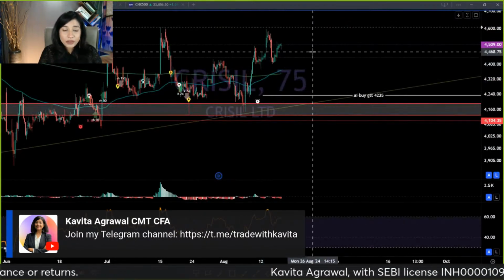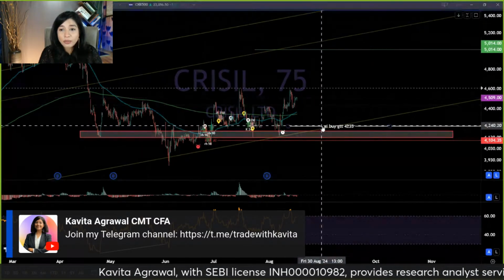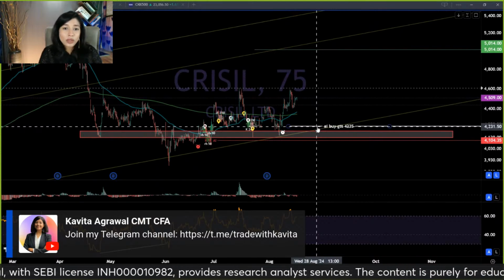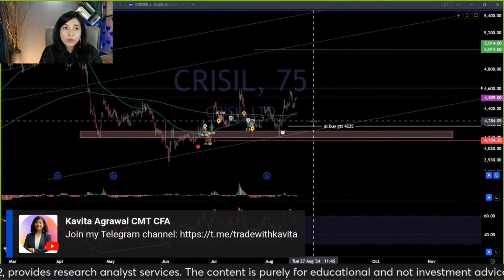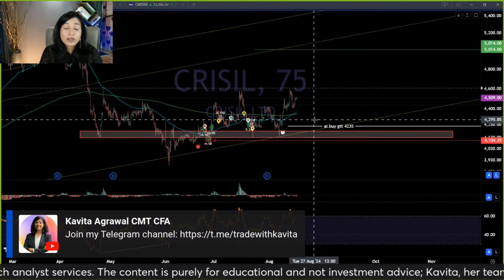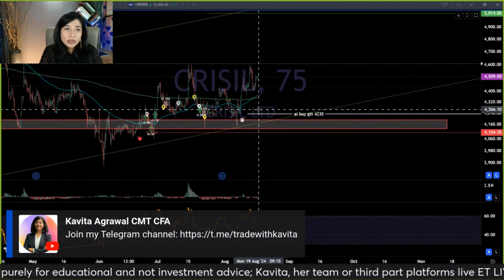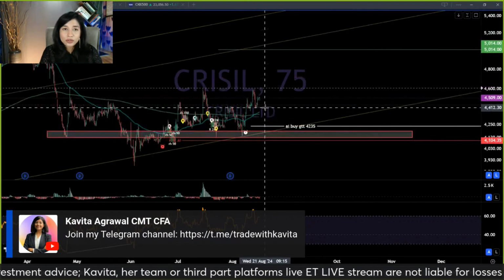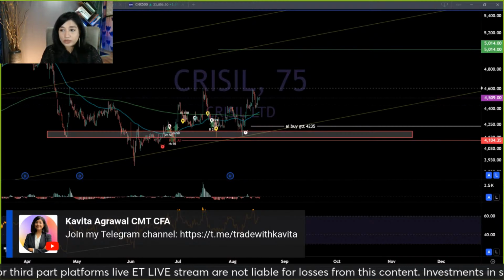With respect to Crystal, I am expecting another retest of this trend line, maybe to the level of 40 to 40. That is the kind of level that I'm looking for making a fresh entry in Crystal, because my overall sectoral outlook is also slightly not so bullish with respect to financial services. Crystal falls in that category. So 40 to 40 is what I would wait for the stock to come back to and retest before I make a fresh entry there or suggest one.